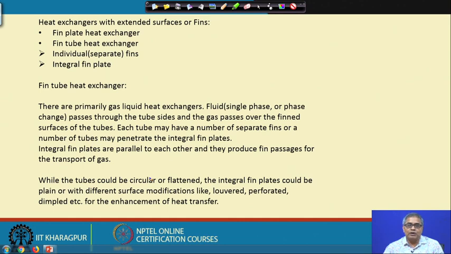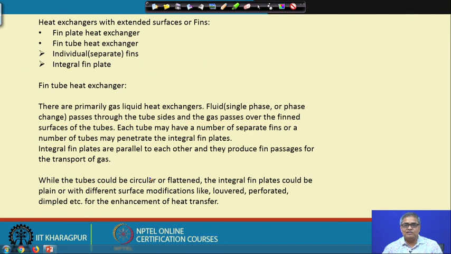If you recall, when we started augmentation of heat transfer, I told that basically the engineer has to analyze what the overall heat transfer is. If we see normal cases, there are 5 resistances. Let us say there are two fluids and we call them fluid 1 and fluid 2. So, convective heat transfer of fluid 1, fouling of fluid 1, then the metallic surface, then the fouling of fluid 2 and convective heat transfer of fluid 2. So, these are the 5 resistances.